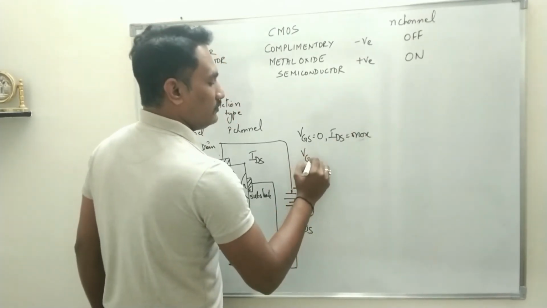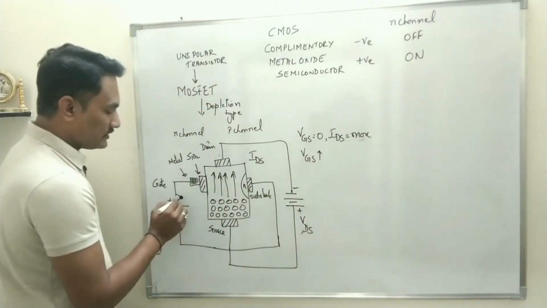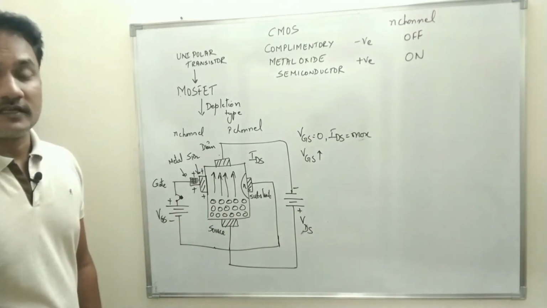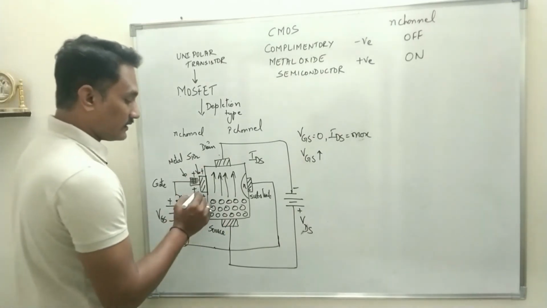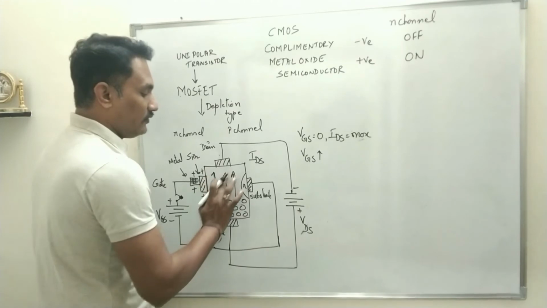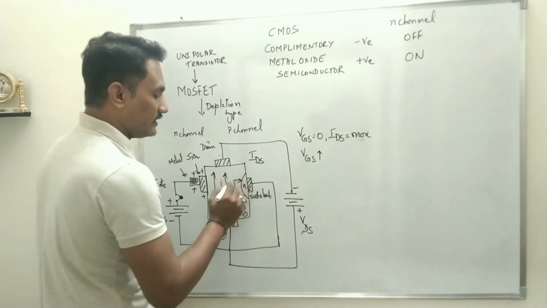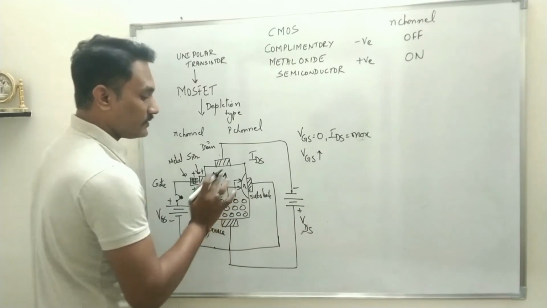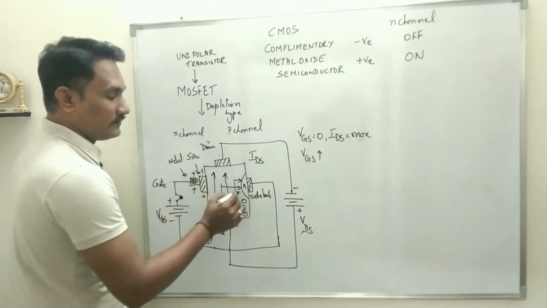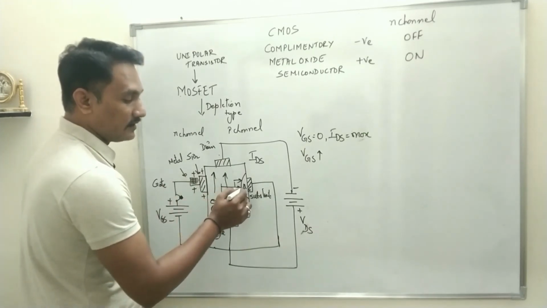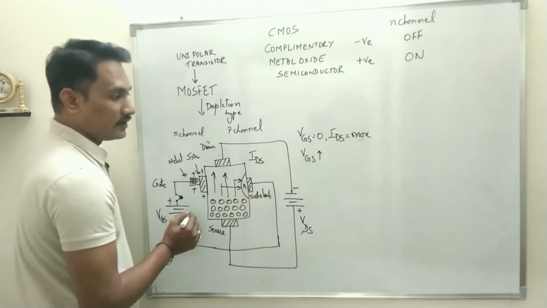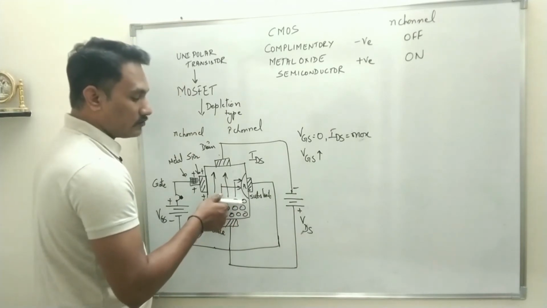maximum. When you start applying VGS, that means when you switch on, positive charge will accumulate around the capacitor formed by the metal oxide semiconductor. This positive charge will repel the holes which are moving from source to drain. So few of the holes, instead of moving towards the drain, will move towards the substrate. N is connected to negative, P connected to positive. That means this PN junction is forward biased, so holes will enter the N region and get attracted by the negative terminal of the battery. That means now not all the holes are moving towards the drain.